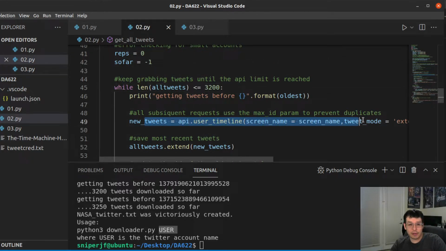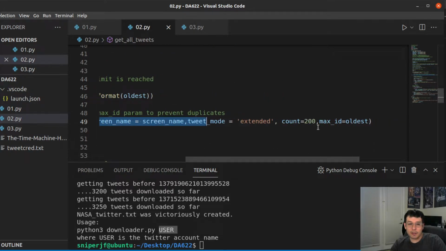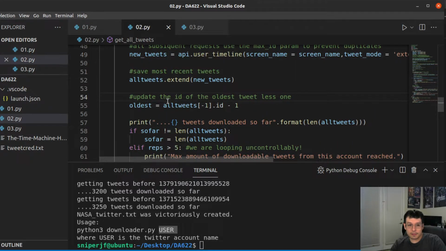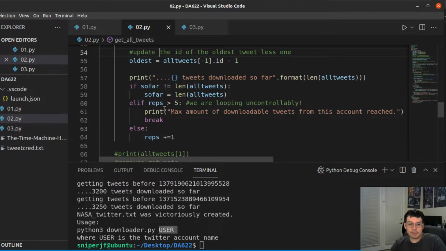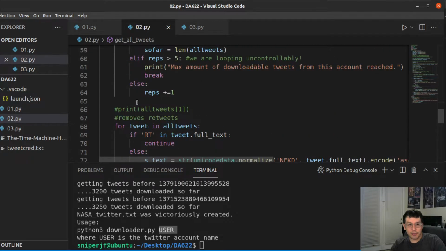So that's why you see the same code here, the 200, but this time I am making sure that I'm getting the next 200 so that I don't get the same 200 repeatedly. And then append it to my list, and then print some telemetry of what I've been downloading so that I can see if it works. And then once I finish downloading everything,